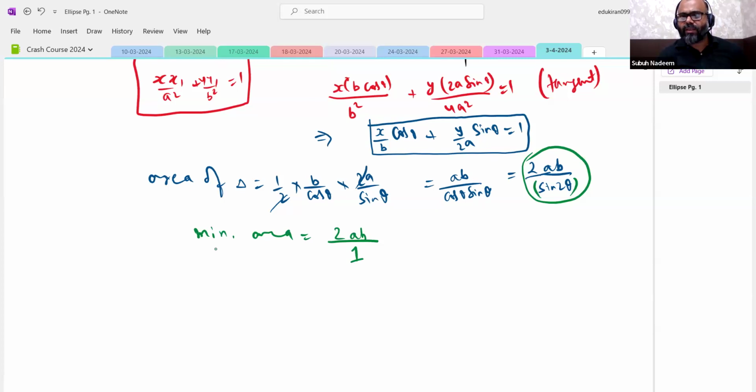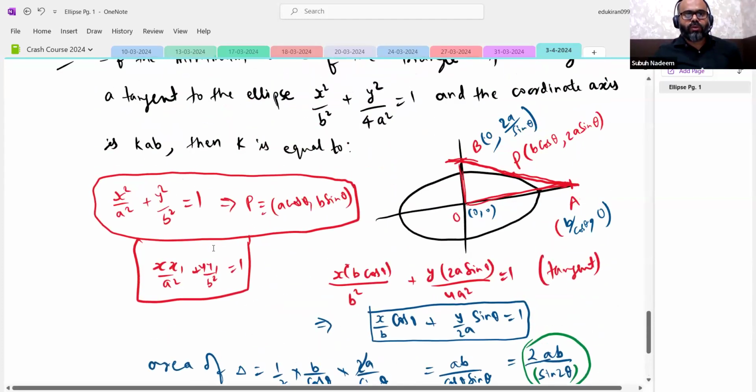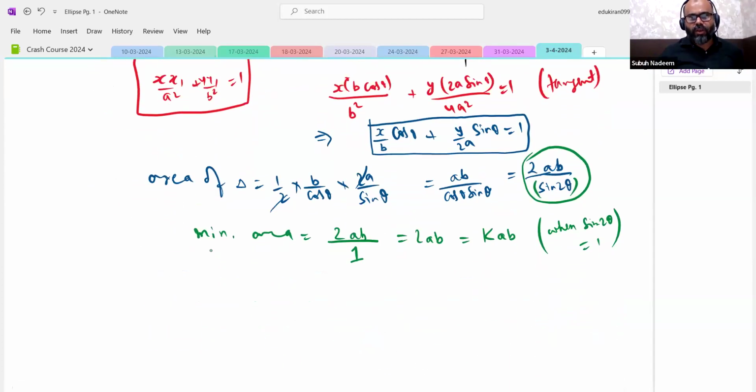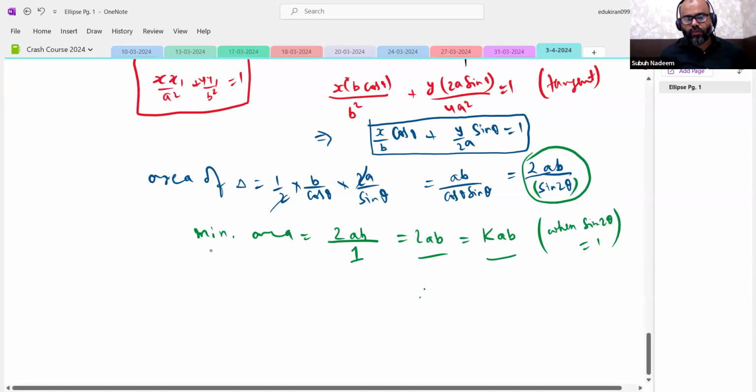The maximum value of sine is 1. So that is 2AB, and this is equal to KAB when sine 2 theta is equal to 1. Then we get the minimum area. And this is equal to KB according to the question. Then what is K? So clearly K is equal to,